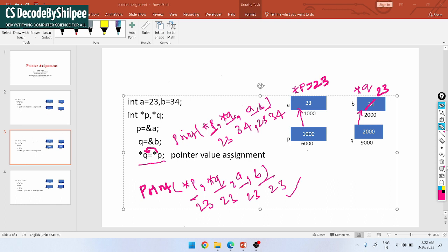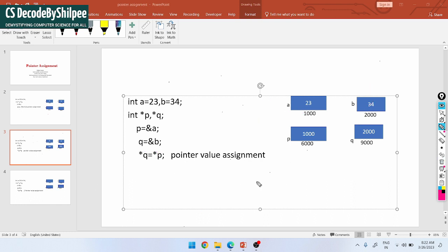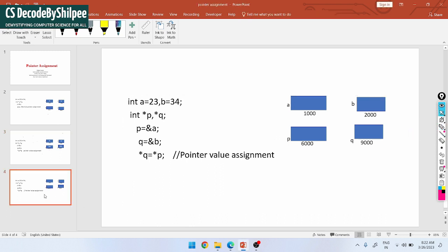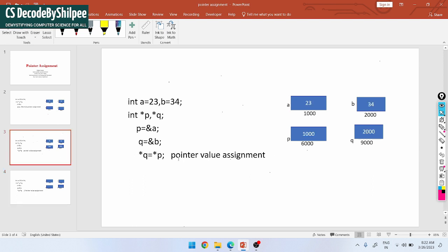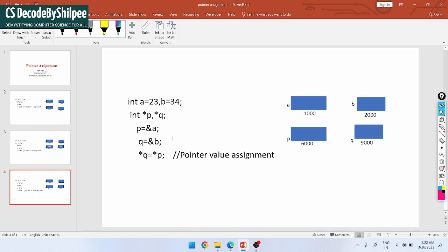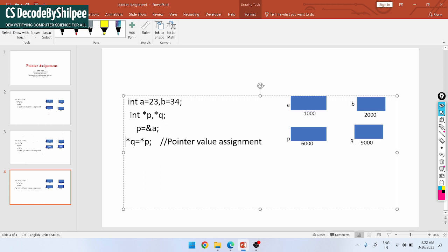Now we'll see the other example also. I will do the same modification, and try to understand it. Here I have done just one small thing. Here I had given Q equal to address of B, and here I am going to remove this. I am not assigning Q any value, right? Now I am going to perform that pointer value